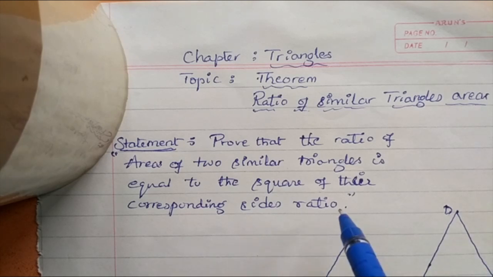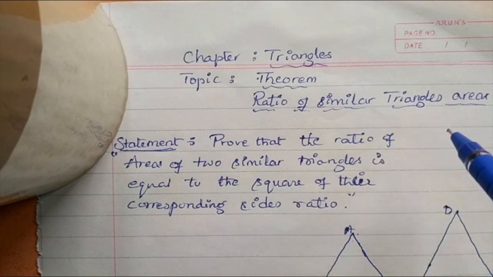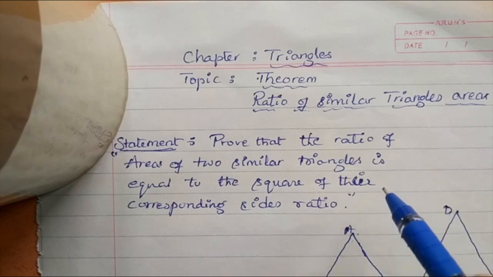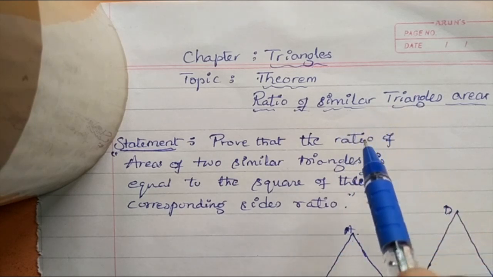If two triangles are similar, what about their areas? We know that for a triangle's area we use the half into BH formula or Heron's formula, to find the area of any one triangle. Look here, two triangles are given. Each triangle has its own area. To find the area of any triangle, half into BH or Heron's formula is very useful. But today we are not learning how to find the area of one triangle by half into BH or Heron's formula. We are thinking about similarities, about comparison between two triangles, right?